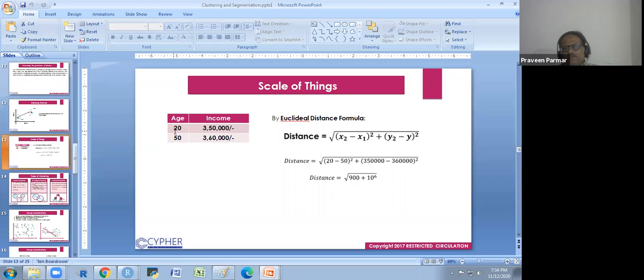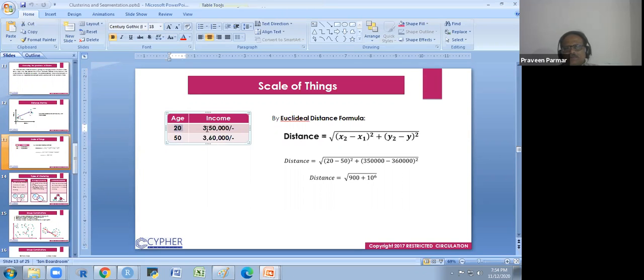They are the different scales you are using. The higher value scale will dominate the lower value scale. Do you agree with me?